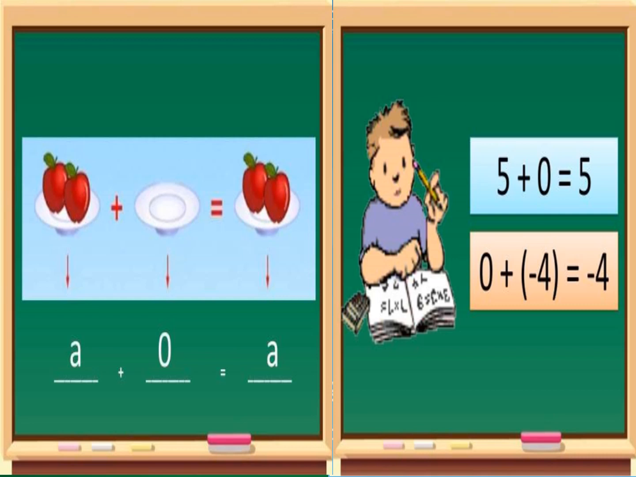A plus 0 is equals to A. Dito naman, 5 plus 0 is equals to 5. 0 plus negative 4 is equals to negative 4. So, an identity sa addition, anong ibig sabihin? Kahit anong number,